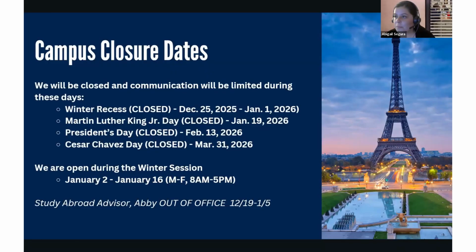We also wanted to remind you of campus closure dates. While you're abroad, our office is still your main point of contact if you ever need anything. I know a lot of you are going to be departing during the winter break. So, if something comes up, we are open during winter session, but there are a few dates where campus is